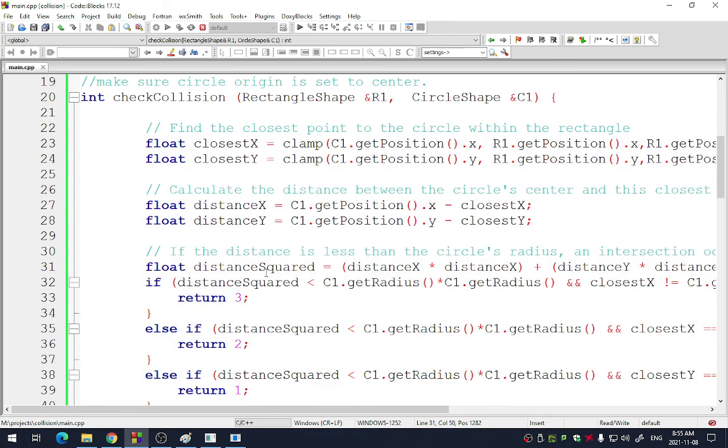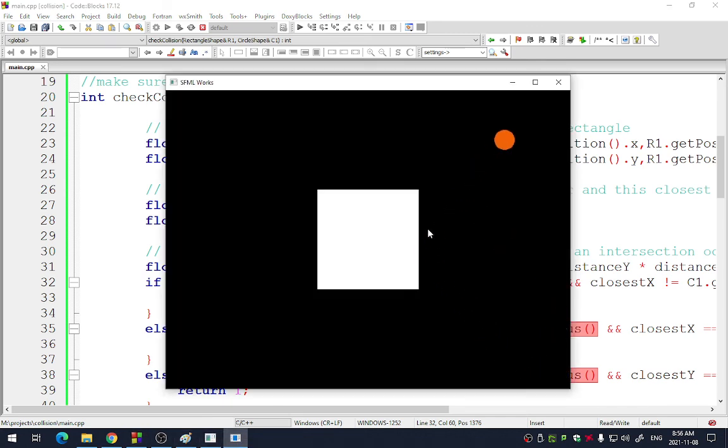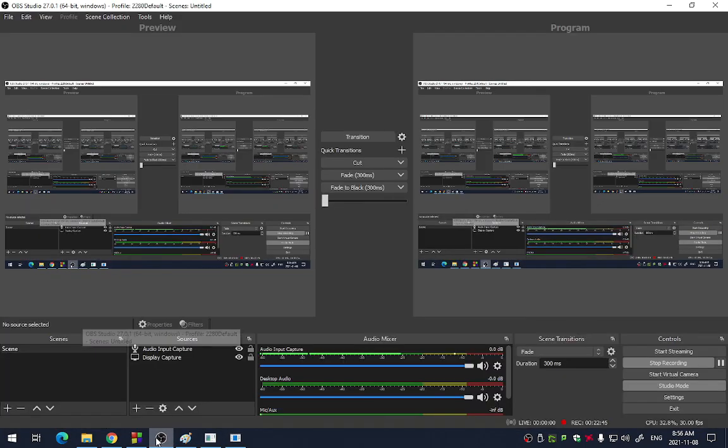You can see it's Pythagoras' theorem actually. X squared plus y squared equals the distance squared. And you just check if it's less than the radius squared, so on and so forth. So there you go. That's how collision works, but you're going to have a more interactive program because you're going to have a paddle that moves instead of just a block in the middle of your code, okay? So I'll paste this